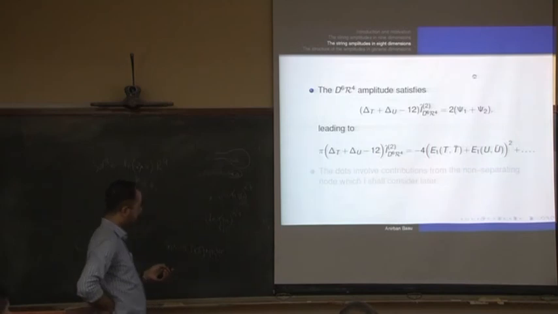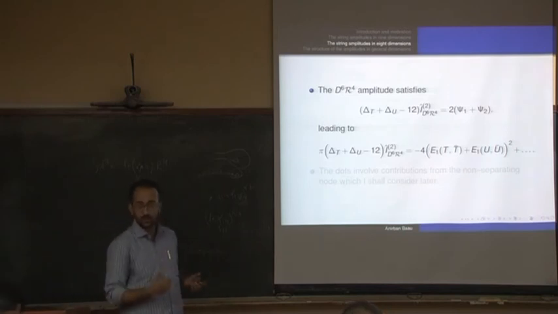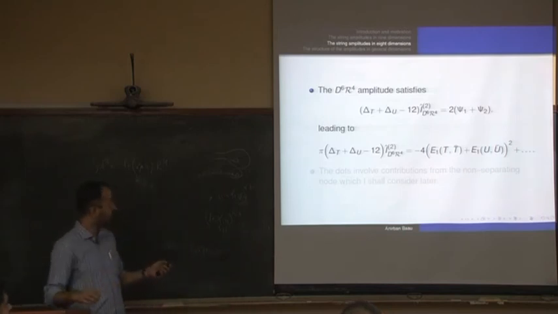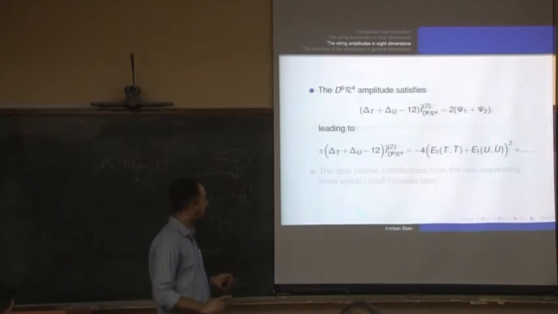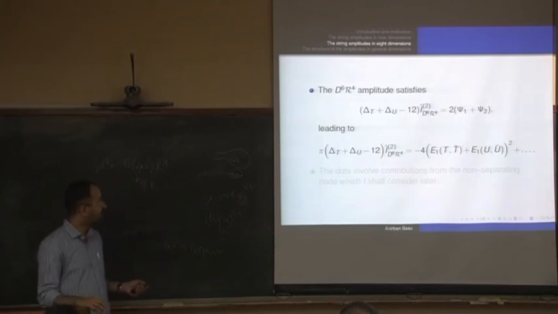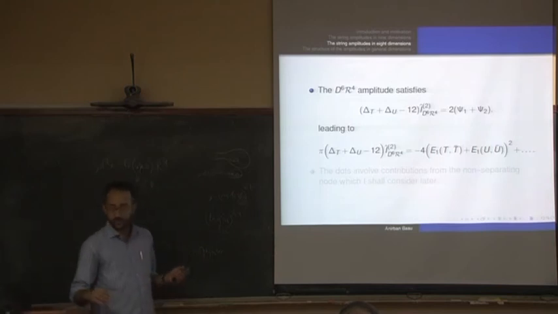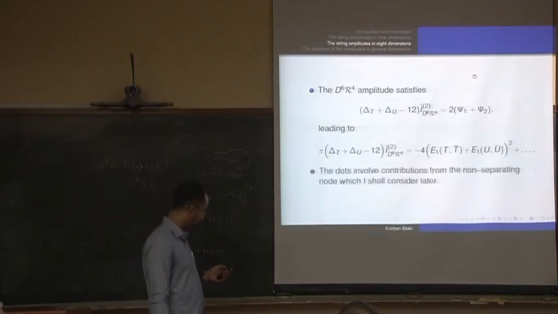Now let's look at d to the 6 r to the 4. I'll get quickly to the answer because we have already done the analogous calculation in 9 dimensions. This comes from the separating node, and this is the product of two r to the 4. But I've left a dot because this is the first step where the non-separating node also contributes. I'm giving it as a dot because I'll wait for the general case, and then I shall replace the answer in d equals integration.